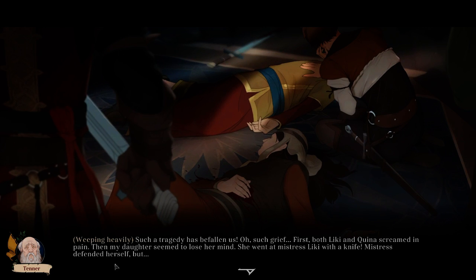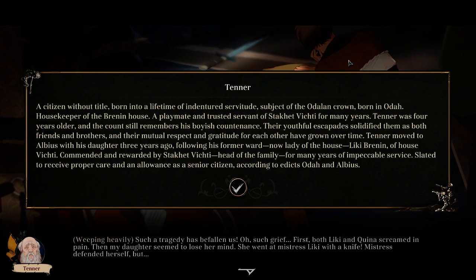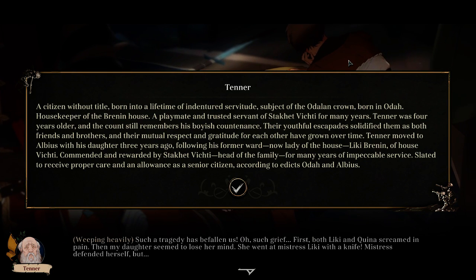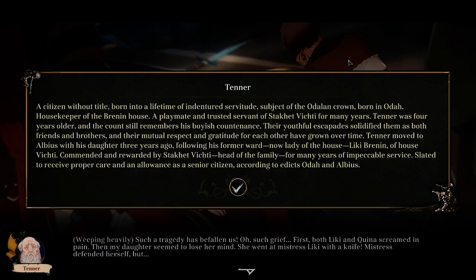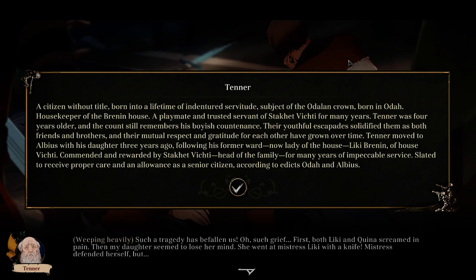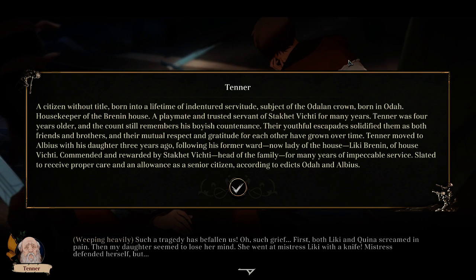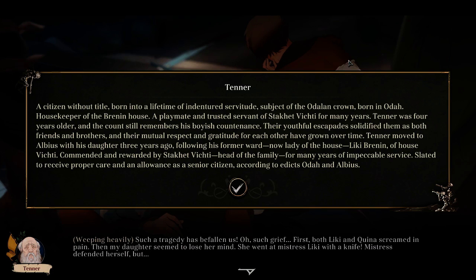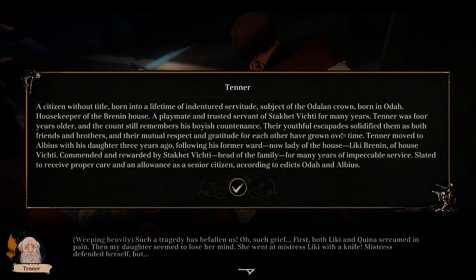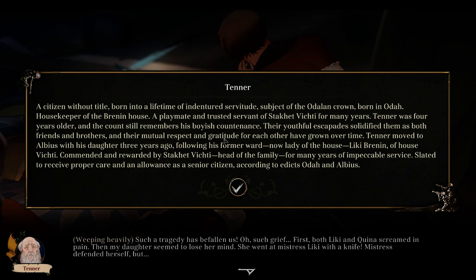Mistress defended herself, but a citizen without title, born into a lifetime of indentured servitude, subject of the Olden Crown, born in Odar, housekeeper of the Brennan house, a playmate and trusted servant of Stokiat, vicar for many years. Tenor was 4 years older, and the Count still remembers his boyish countenance. Their youthful escapes solidified them as both friends and brothers, and their mutual respect and gratitude for each other have